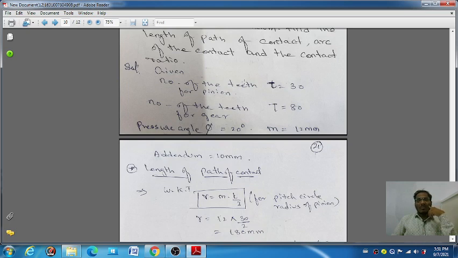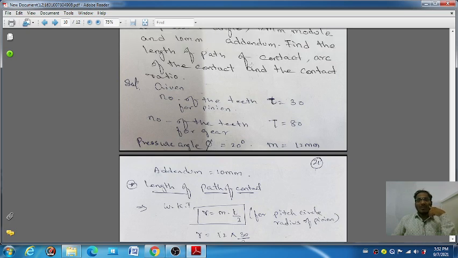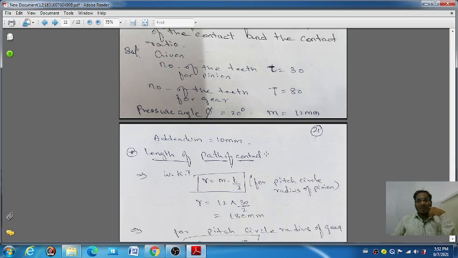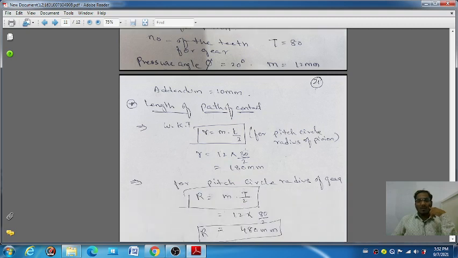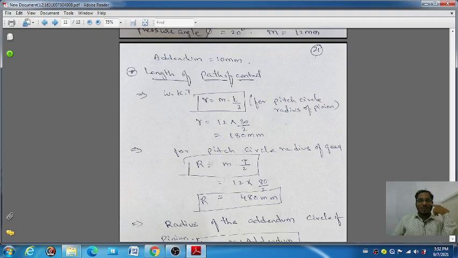The next question is asking you first for the length of the path of contact. As you know, to find the length of the path of contact, you have to go through the radius of the pitch circle of the pinion as well as the radius of the pitch circle of the gear. The pitch circle radius of the pinion I am denoting as small r,